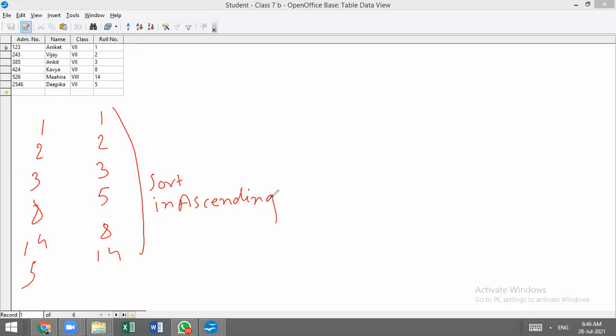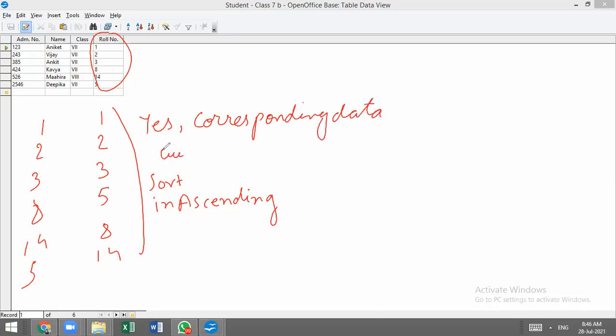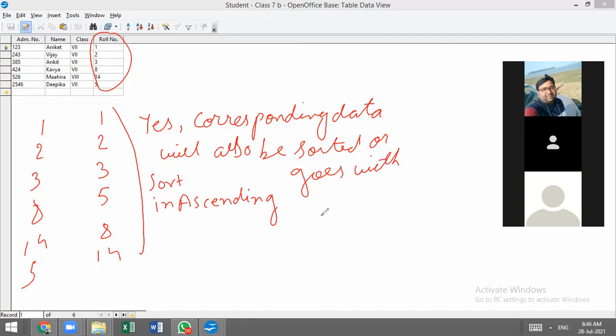But you might have a question: I will sort the roll number column, sir, but what will happen to the corresponding data? Will it be sorted as per the roll number? The answer is yes, student. The corresponding data will also be sorted, or goes with the sorted list.